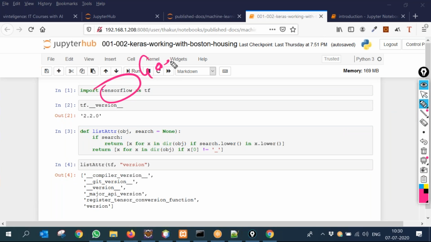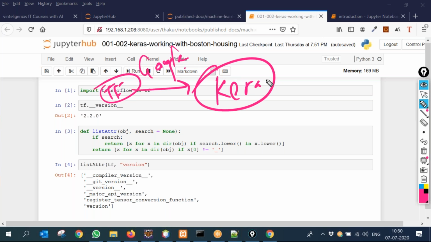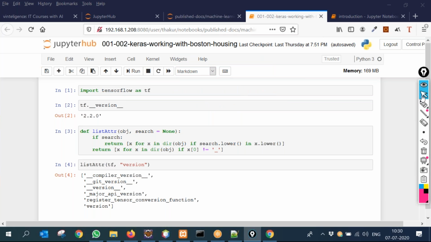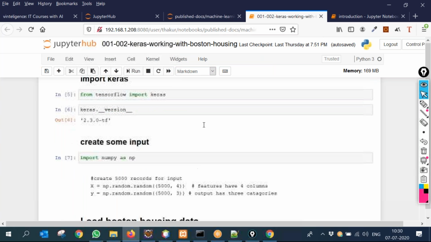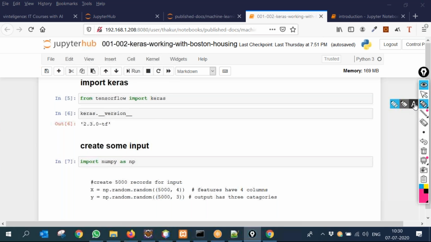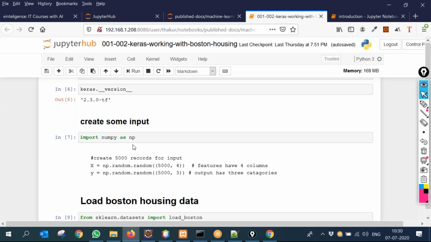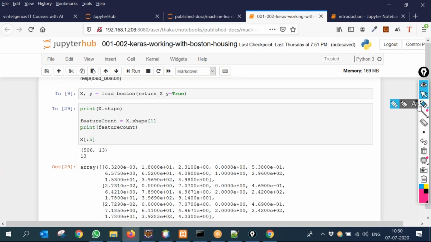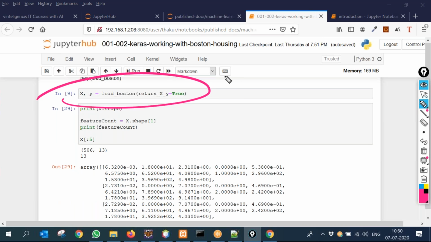This is from Google. And TensorFlow has inside it Keras, which is the most popular deep learning framework. So we are using Keras from TensorFlow. And then we are using NumPy, you will learn. We are loading Boston data from the cloud.